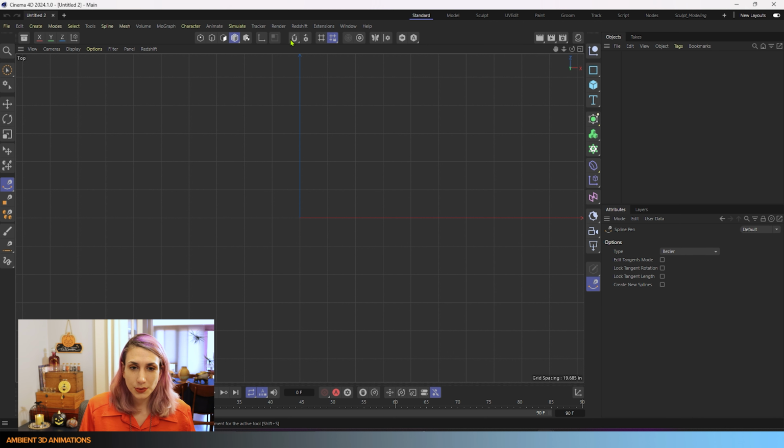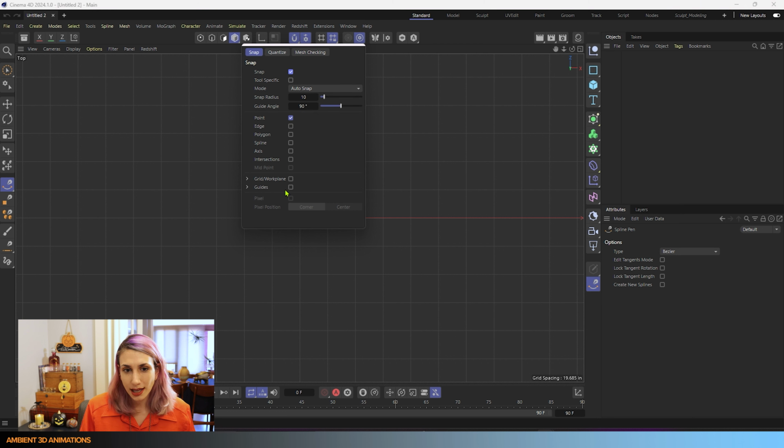Once I do that, just something to keep in mind is that you can use this with your snaps. So we can activate our snap, enable snap, by clicking right here. And if we click on our modeling settings, we can see our settings for snap. And I have a whole other tutorial that goes way in depth into your snap settings and guides and work planes. So I'll leave that in the description below if you really want to know the nitty-gritty of what you can do with this. But for right now, I just like to have this snap to our work plane, and I'd like to snap to the grid point. So I'll just turn off the grid line option there. We have point enabled, so that's what we're going to be snapping to with our tool.